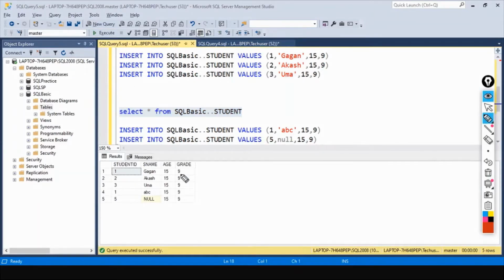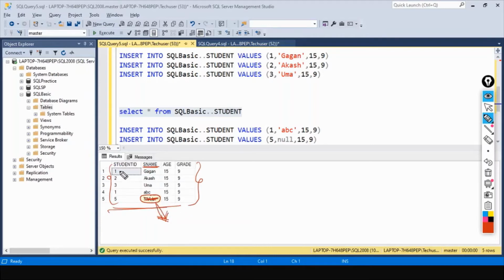Let's execute this. Okay. Can you observe any, take a moment and then observe there is actually a big problem with this basic table which we have created. The first one is student name. Student name is null. How come a person's name can be null? This is not the case in the real world. Every individual will have a name, but here it is having a null value, which is incorrect.